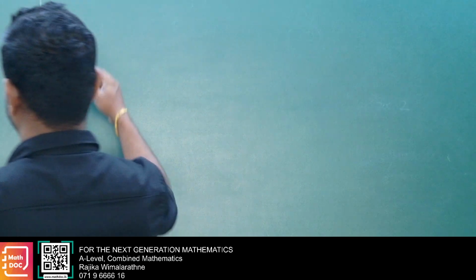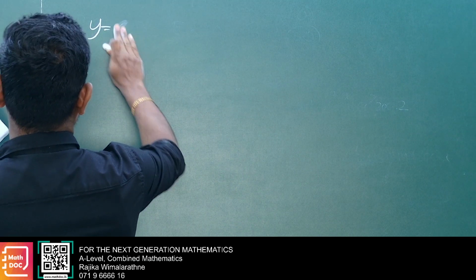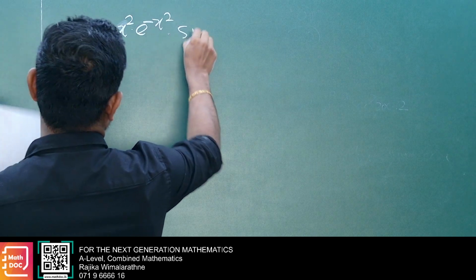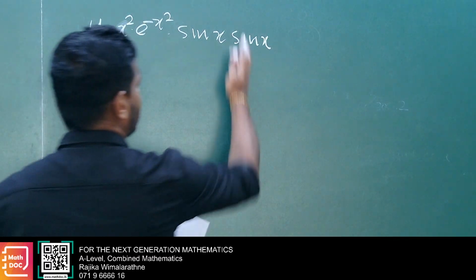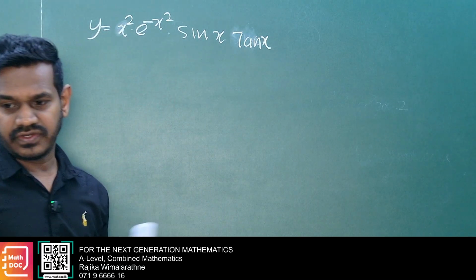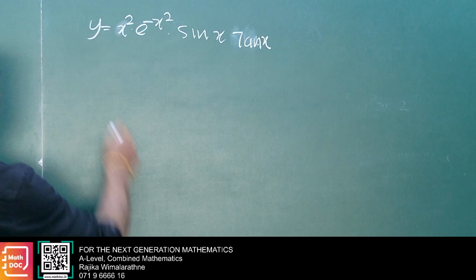Okay. Then last one, y equals x squared e to the power minus x squared sin x tan x. So there also we have 4 function products. Then dy by dx,